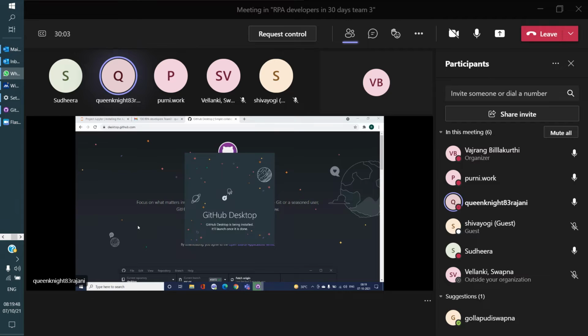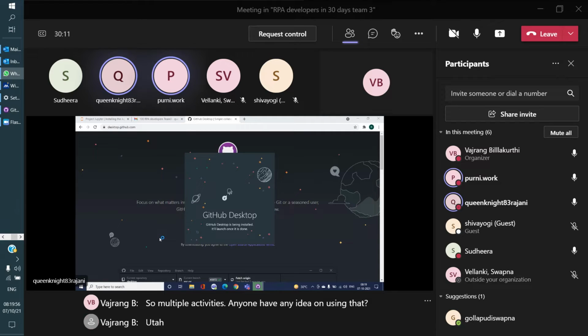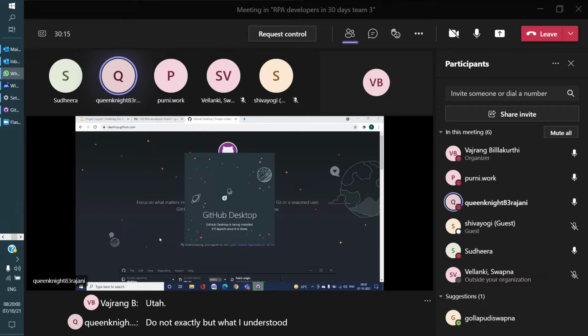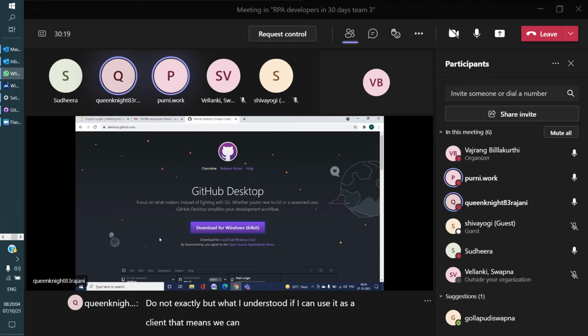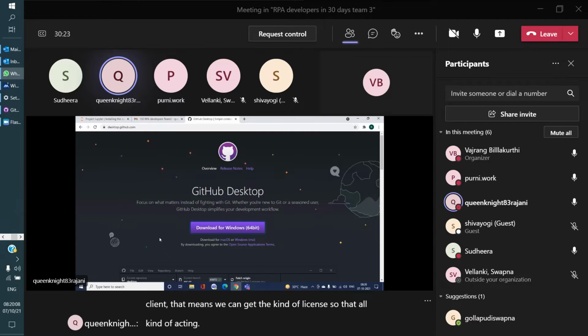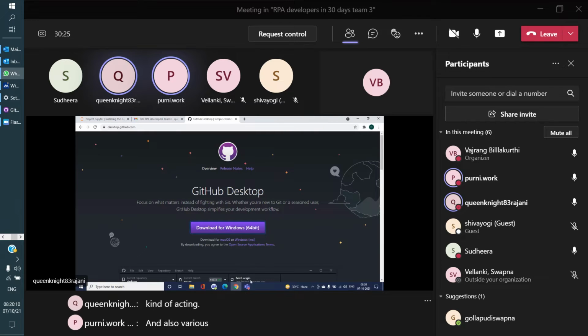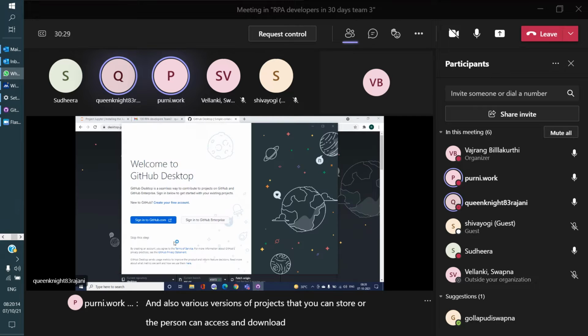Does anyone have any idea on using that? Not exactly, but what I understood is that if I can use it as a client, we can do all kinds of activities, and store various versions of projects that other people can access and download, I guess.